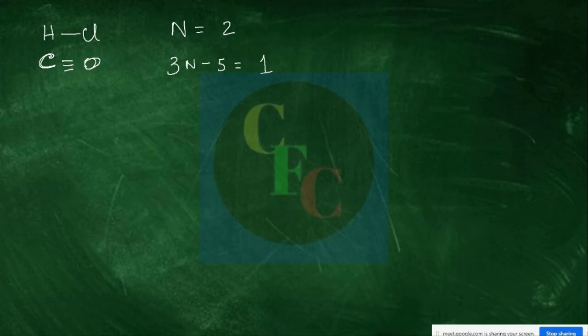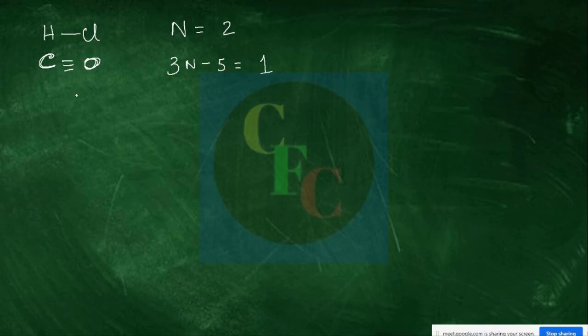We will be considering the vibration of the triple bond itself. So we will not consider here 3 bonds, we will be considering here 1 bond for the purpose of IR spectroscopy. If there is 1 bond, only 1 vibration is possible. That is the vibration of this bond.